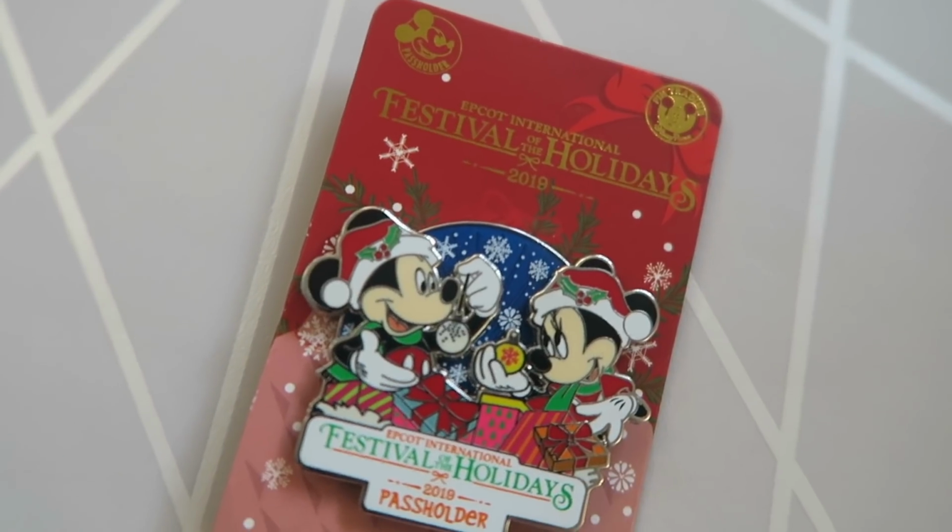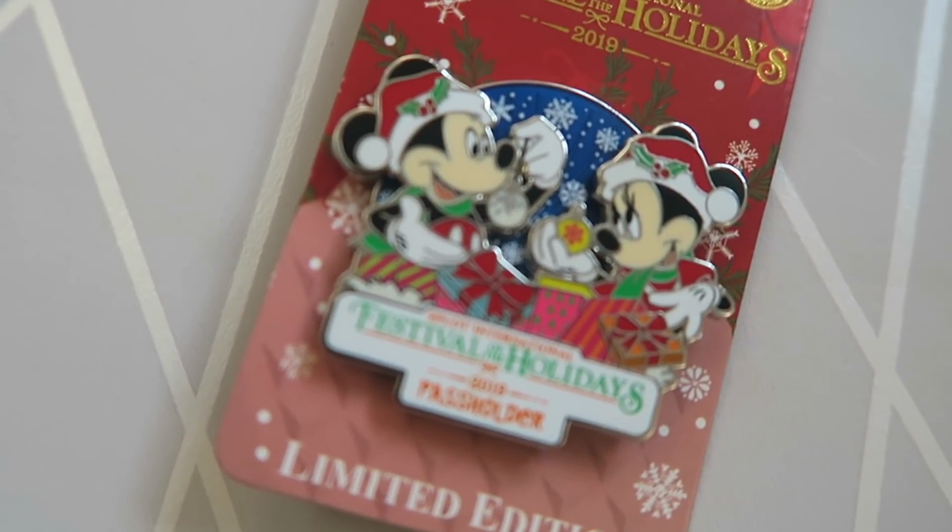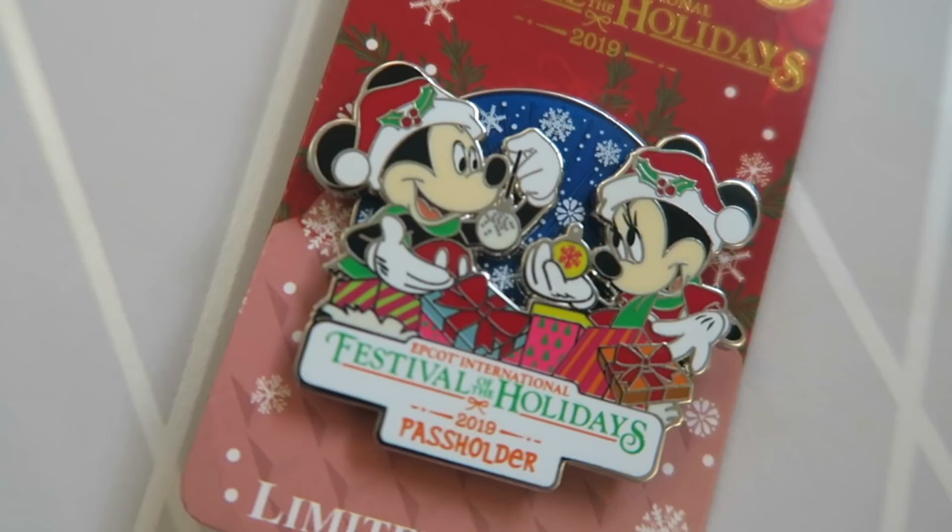Then I also got this Christmas themed one for the Festival of the Holidays over in Epcot. I thought it was so cute with Mickey and Minnie, and this is the pass holder version, and it's just so cute. I love it. This one was $17.99. Then I bought one in Hollywood Studios on the opening day of Rise of the Resistance